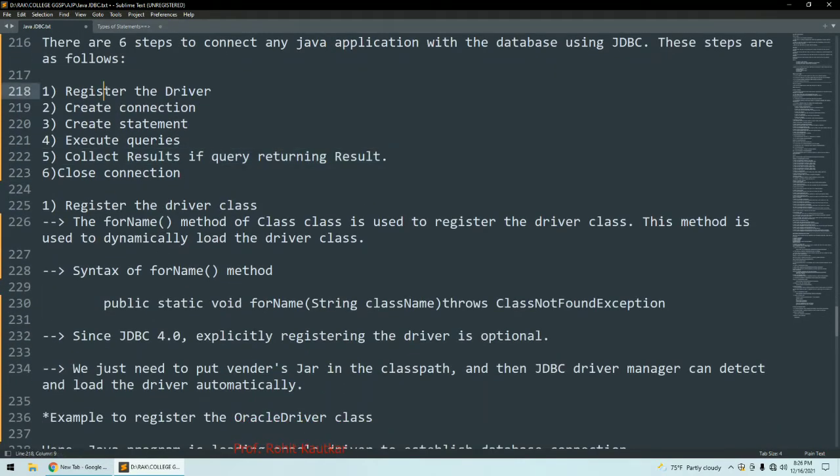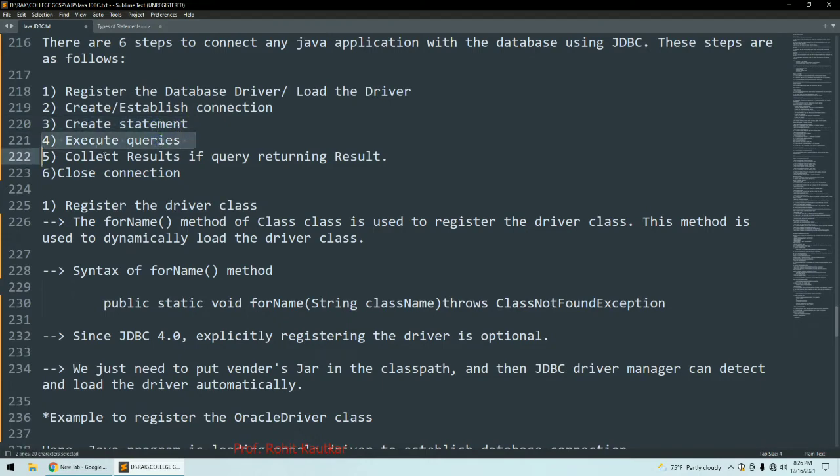First step, we have register the driver, register the database driver, or I will say here load the driver. This is the first step. Second step, create connection or establish connection. Third step, create statement for executing queries.